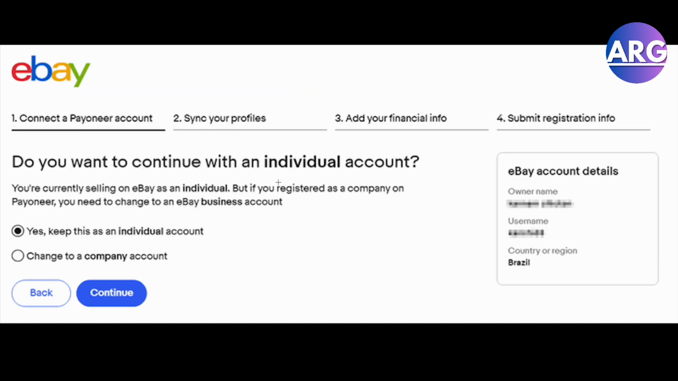So do you want to continue with an individual account? You can do so right here and then press continue. Just that simple. So there you go guys, that is how you register for an eBay seller account. It's just that simple. You'll just have to connect your Payoneer, sync profiles, add financial info, and then they will